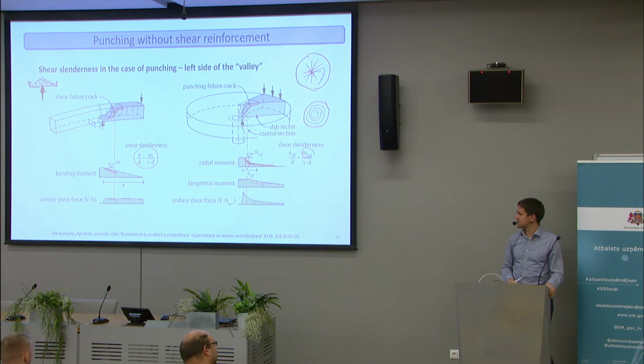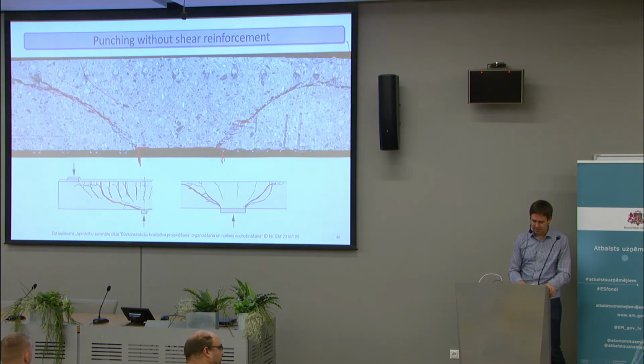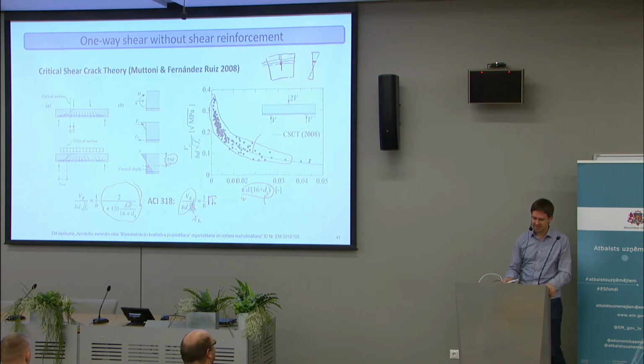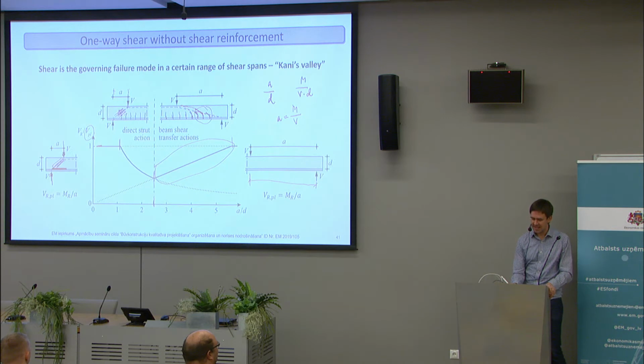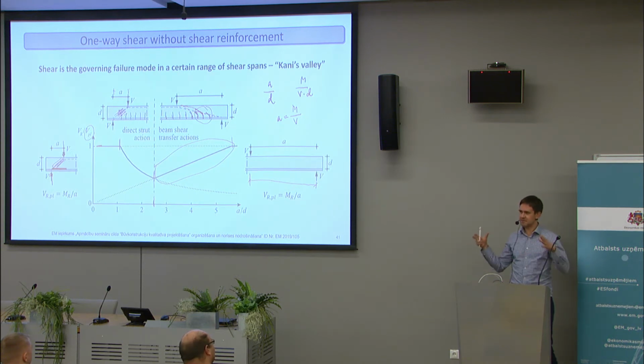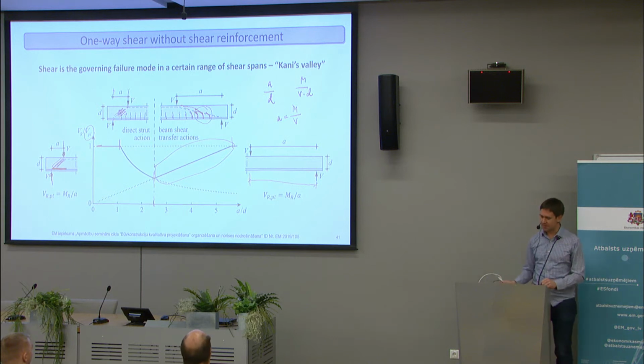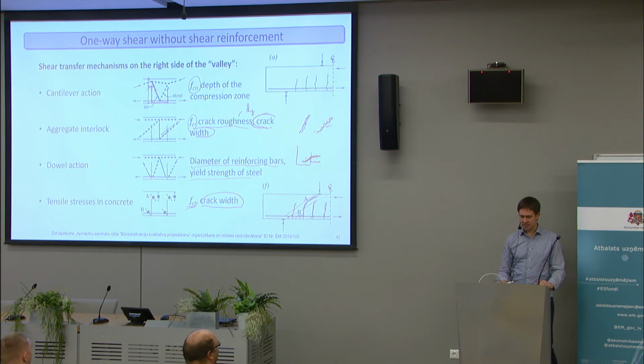So in case of punching, in case of shear, when we looked at it, we were always on the right side of the Kinnunen-Nylander valley. Then if we have a specimen with the same kind of geometrical slenderness, then for punching action, we are actually on the left side of the valley. That means that it should be governed mostly by the crushing of the concrete strut in here. But unlike beams,